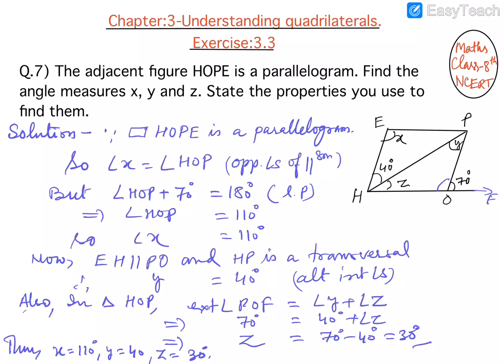But angle HOP and 70 form a linear pair of angles, and therefore their sum will be 180 degrees, and this gives the value of angle HOP as 110. So the value of x will also be 110,